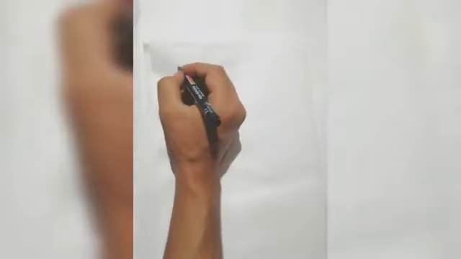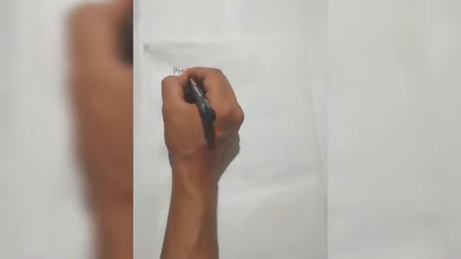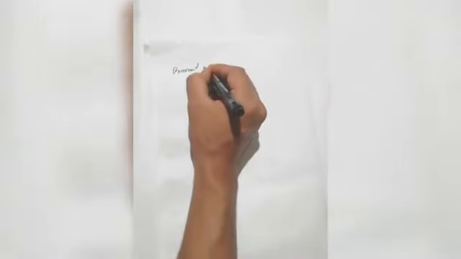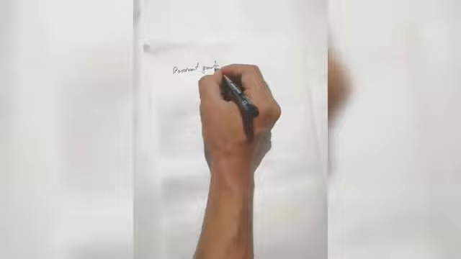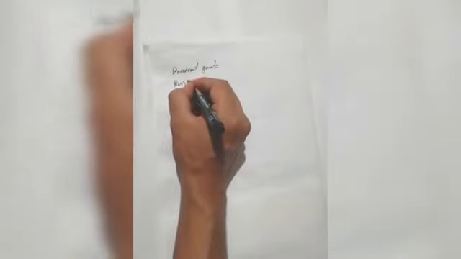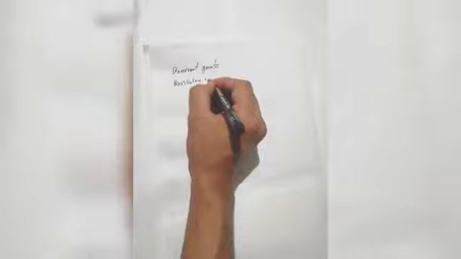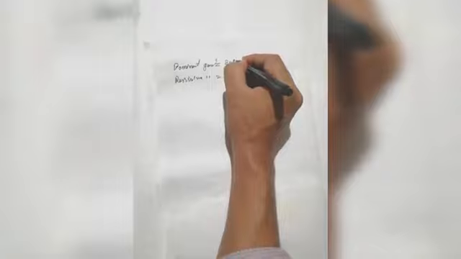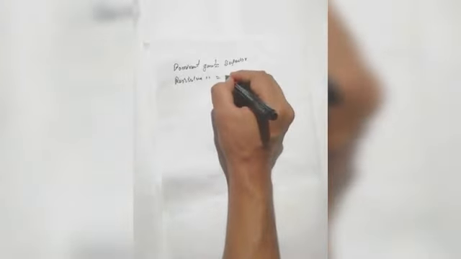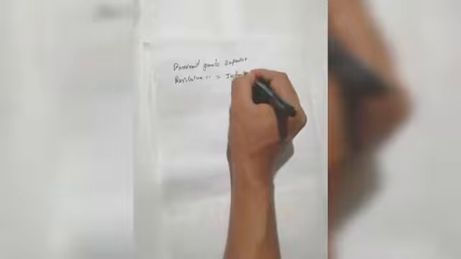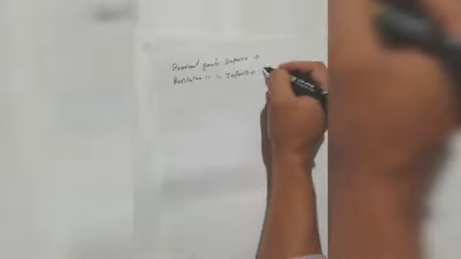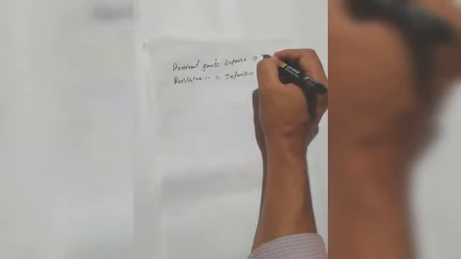So as I have told you, we are going to explain dominant gene and recessive gene. What is a dominant gene and what is a recessive gene? The dominant gene is superior, and the recessive is inferior. The dominant is denoted by a capital letter, and the inferior is denoted by a small